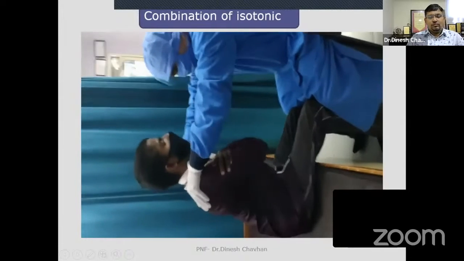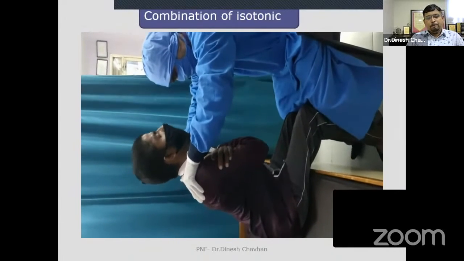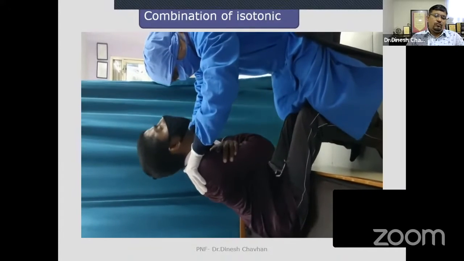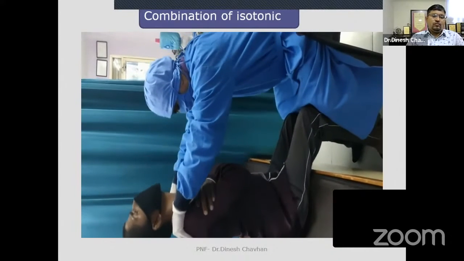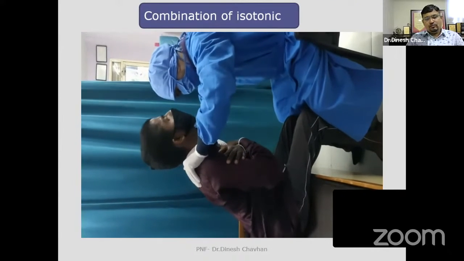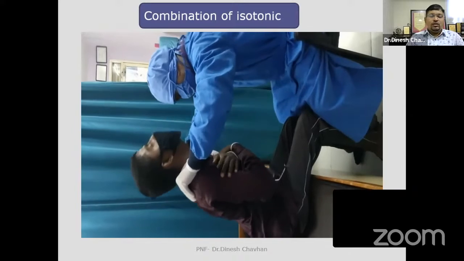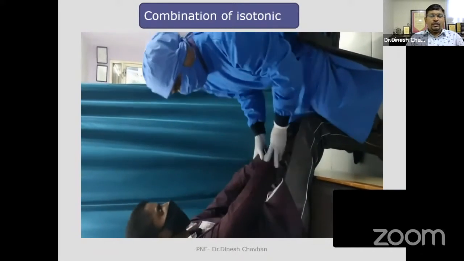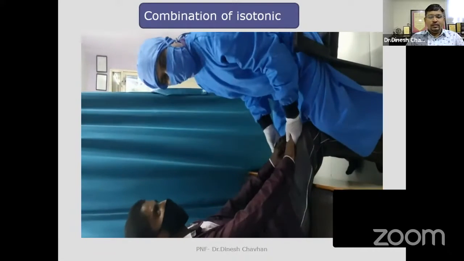Slow, come down, slow, maintain, slow, come down, hold, good, hold, 1, 2, 3, 4, 5, back, good, good, come down, good, hold, go back. Yes, so here, if you see, this is the patient of spinal cord injury who has